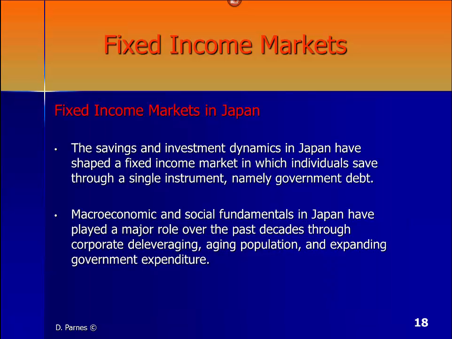Let's learn a little bit about the fixed income markets in Japan now. The savings and investment dynamics in Japan have shaped the fixed income market, in which individuals save through a single instrument, namely government debt. Macroeconomic and social fundamentals in Japan have played a major role over the past decades through corporate deleveraging, an aging population, and expanding government expenditures. So although Japan is a big market, it still suffers from all kinds of social and